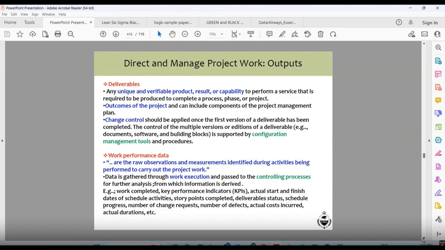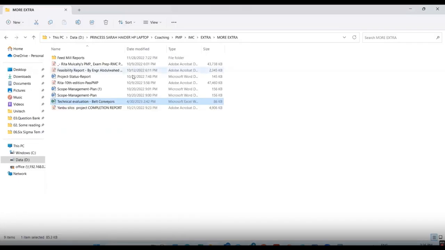Work performance data. What is work performance data? These are the raw observations and measurements identified during activities being performed to carry out the project work. Data is gathered through work execution and passed to the controlling process. Examples: how much work is completed, key performance indicators, actual start date, finish date, deliverable status. I have already shown you. If you go here